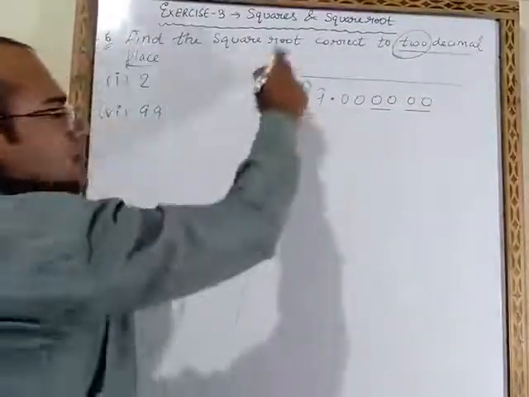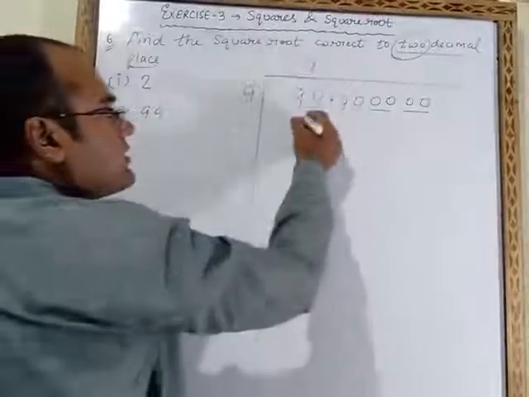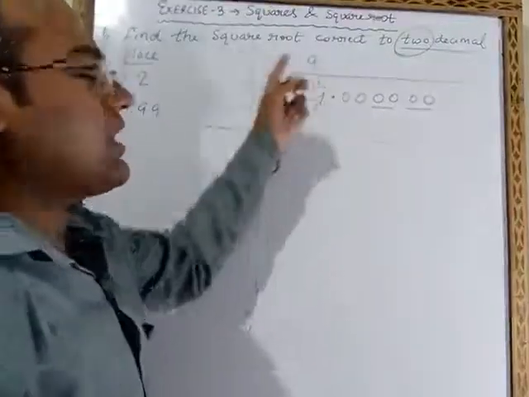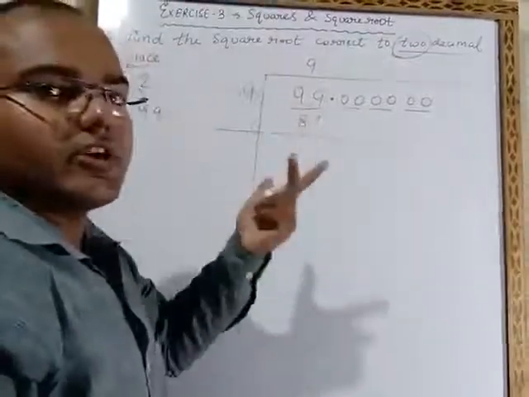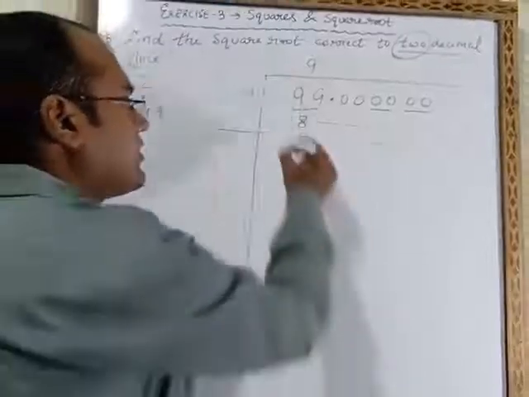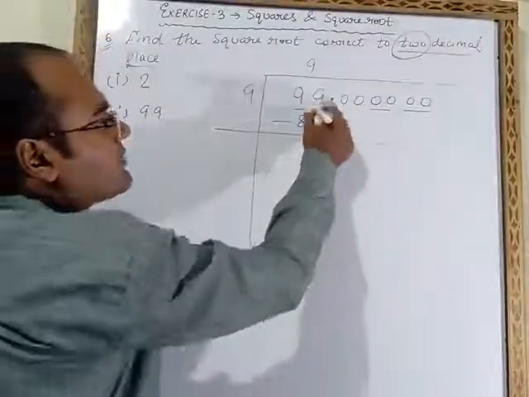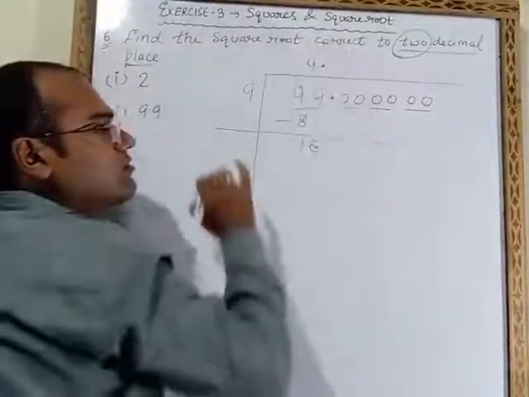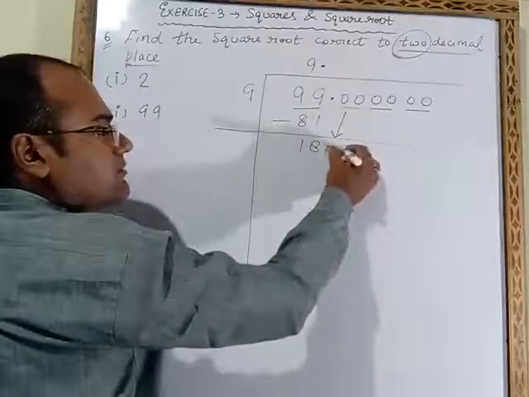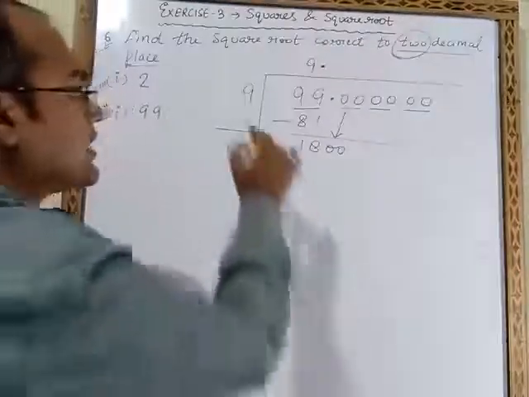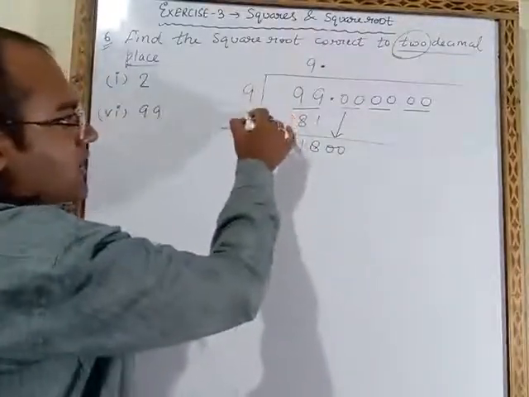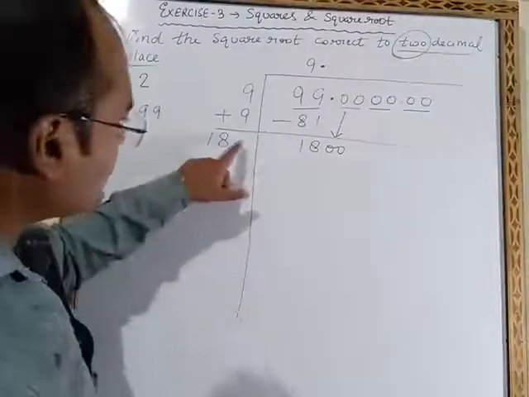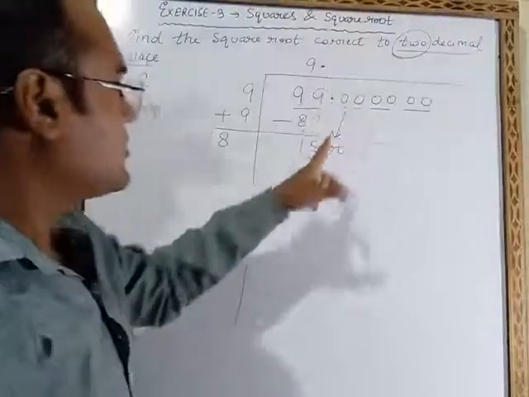Now same number you have to write here also and there also. 9 9 ja 81. If you will take 10, 10 ja 100. 100 will be greater than 99, so we will not take 10. 9 9 ja 81. Now we will subtract these two. 9 minus 1, 8. 9 minus 8, 1. Point is coming, so in the answer also we will put point. These 0 we will bring down. Now the rule is, the number which we will write here, that number we have to add. So 9 plus 9 will become 18. Now same number we have to take here also and there also. This is 1800.